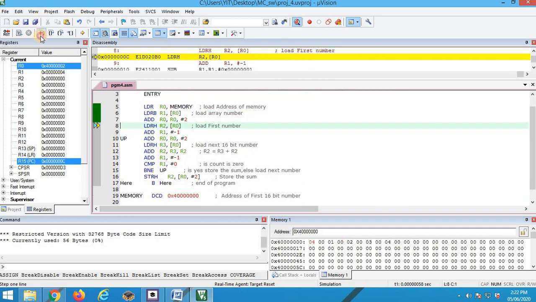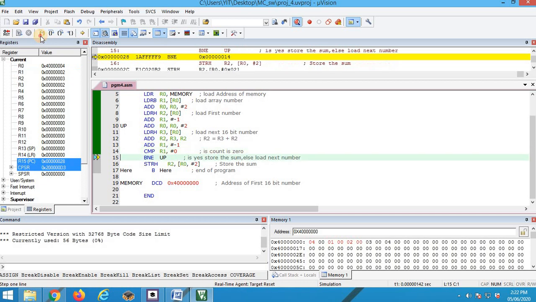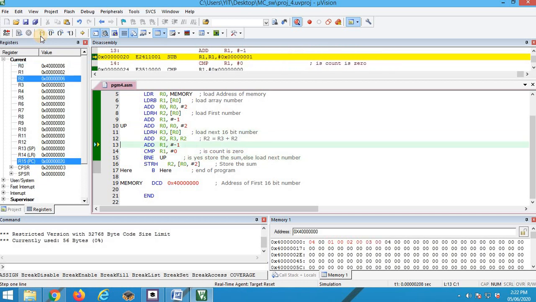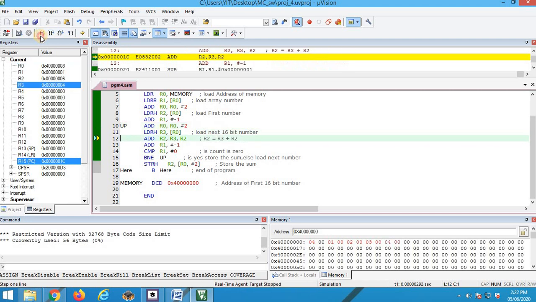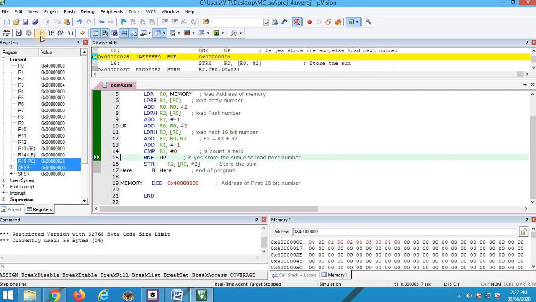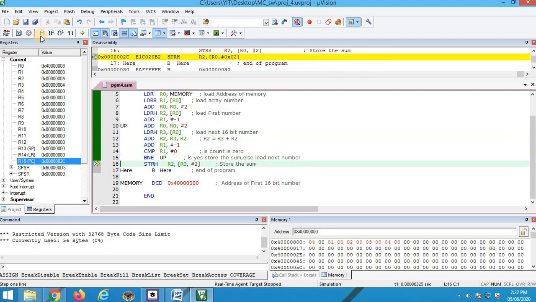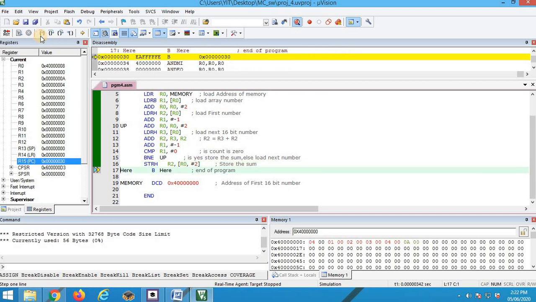Okay, start. 3 is added, 4 is also added. Now branching out of the loop, STRH. So now you can see A. So A is the result. This is the explanation for this particular experiment. Thank you.